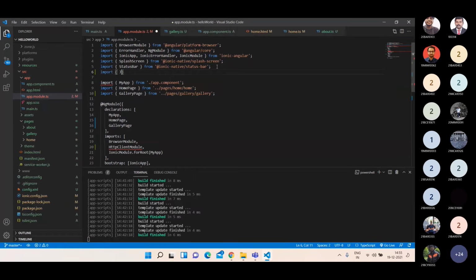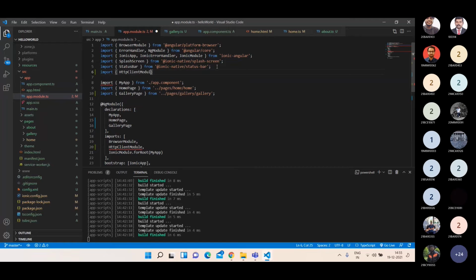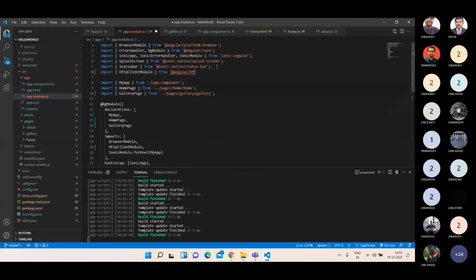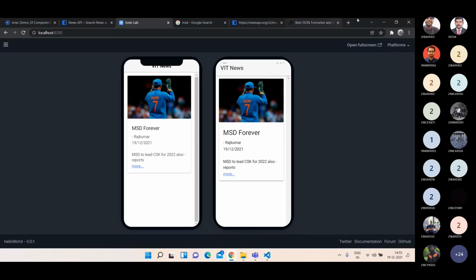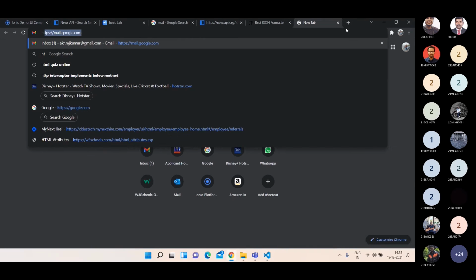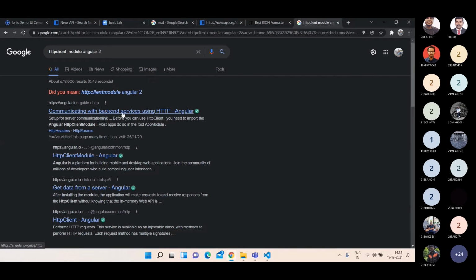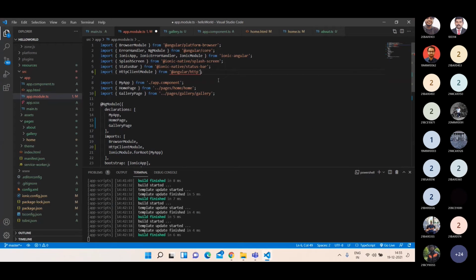So we have to import it manually. Angular common HTTP.